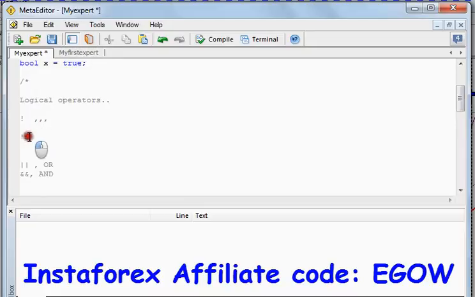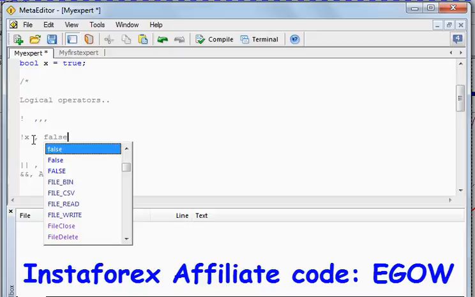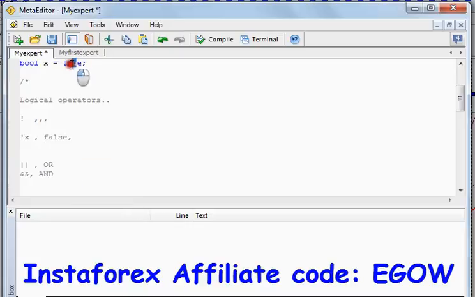For example, if we write negation of x, it will return false because x is previously set to a true value, and this operator negates the value.